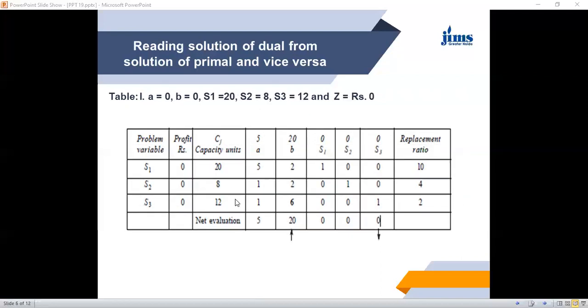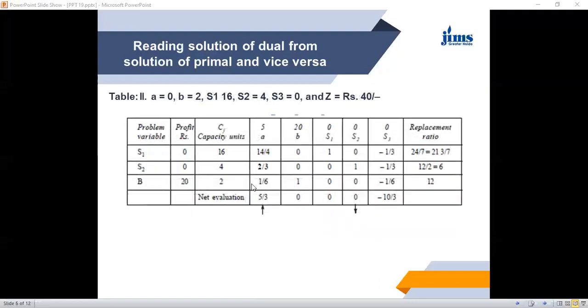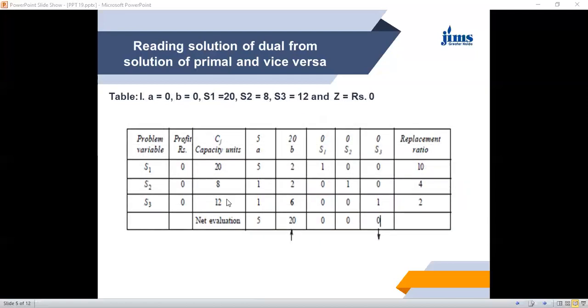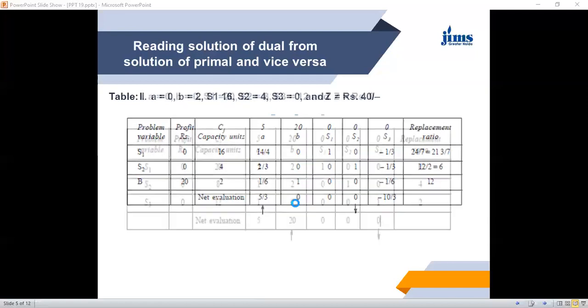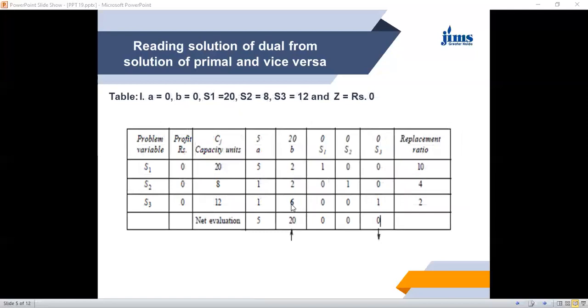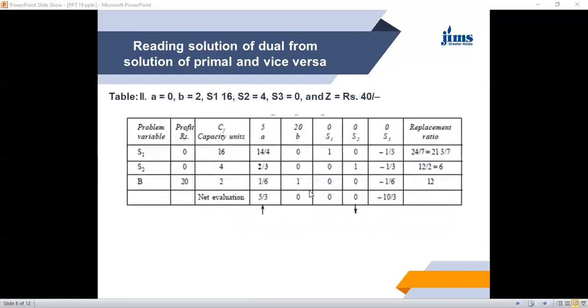Now you know that all the entries in the key row are divided by the key number. So we divide all the cell entries by 6. So 12 by 6 is 2, 1 by 2, 6 by 6 is 1. Likewise, we divide all of these. Here 12 by 6 is equal to 2. 6 is shown in bold letters, so you can understand that this is the key number. So this will become 2, this will become 1 by 6, 1, like that. So we have calculated the values.